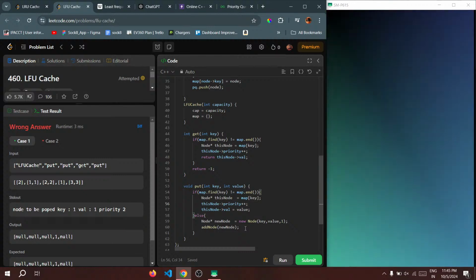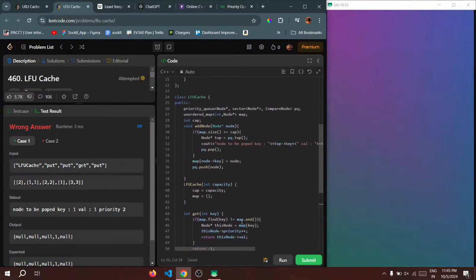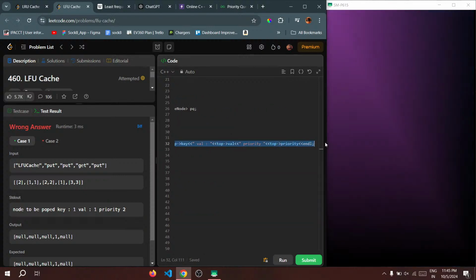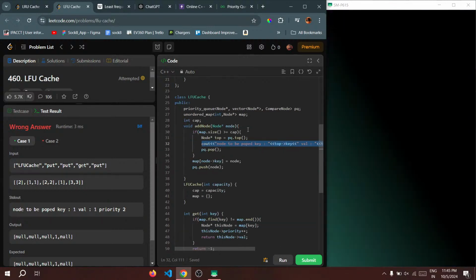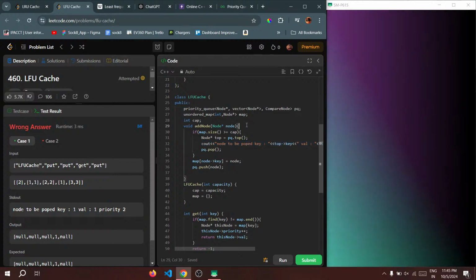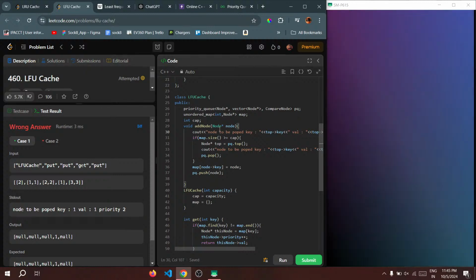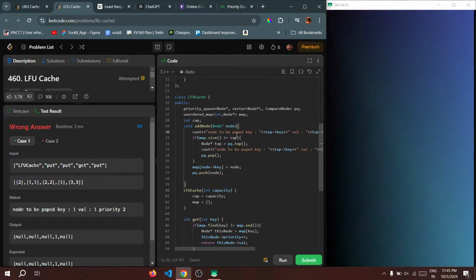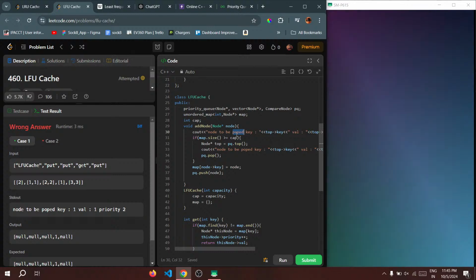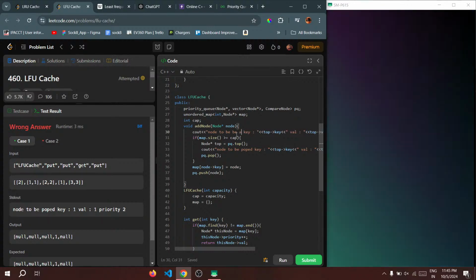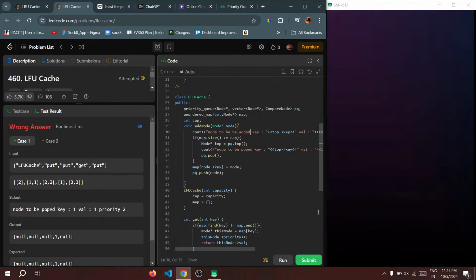I'm adding a node। print this, print this for every node to add। node to be added।